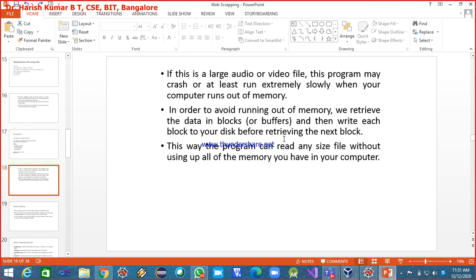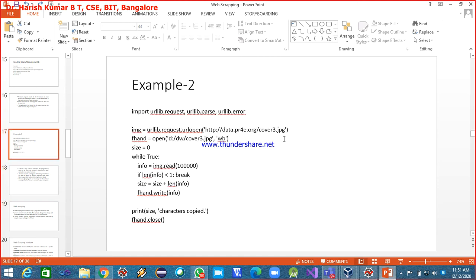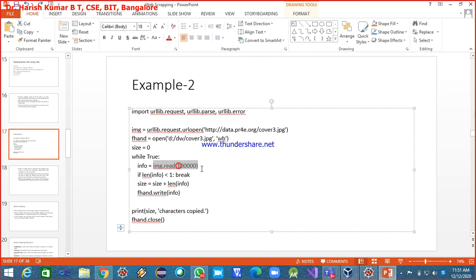Instead of reading all the bytes of the binary file and saving them onto main memory, it does it in a block by block manner. The same thing is written here. We are going to write only so many bytes at once to the main memory and not more than this. Even if the binary file you are trying to save from the internet is larger than this, it is not going to happen in a single stretch.